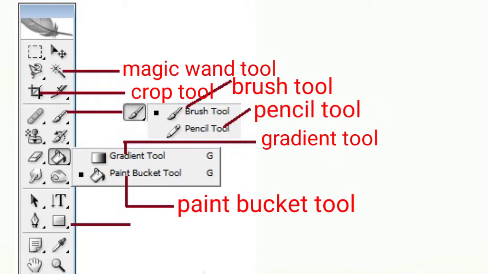Next one is the pencil tool. This is a secondary tool of the brush tool. It is just a variant of the brush tool, that is, it consists of a one pixel brush tip, and almost all the options of the brush tool are available in the pencil tool. Next is the rectangle tool. This tool is a shape tool, and with its help we can draw a rectangular shape of any size. We can also draw squares, rounded rectangles, ellipses, and many more shapes from the menu that appears on the right on clicking the tool.